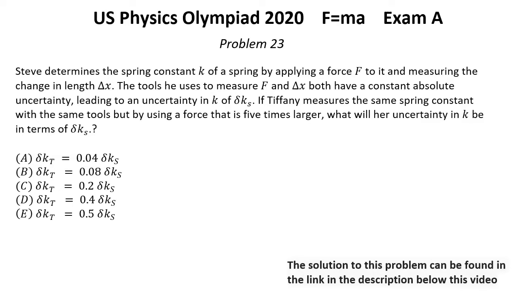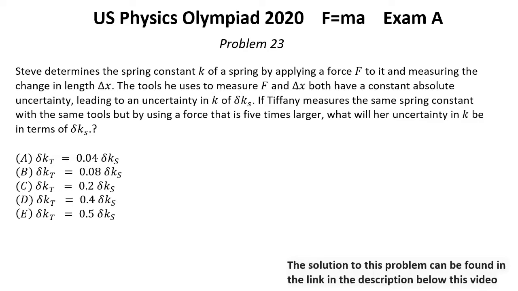Problem number 23. Steve determines the spring constant K of a spring by applying a force F to it and measuring the change in the length dx. The tools he uses to measure F and dx both have a constant absolute uncertainty, leading to an uncertainty in